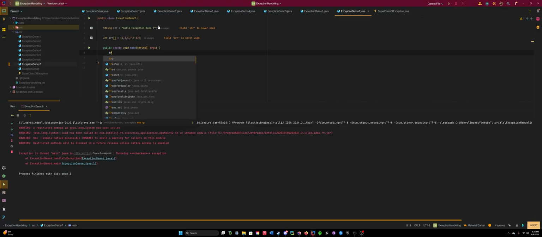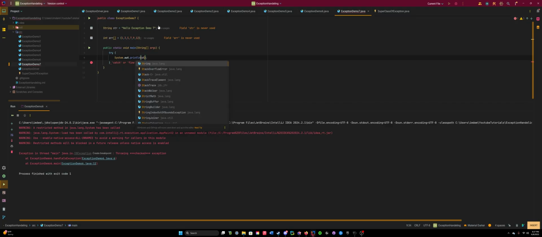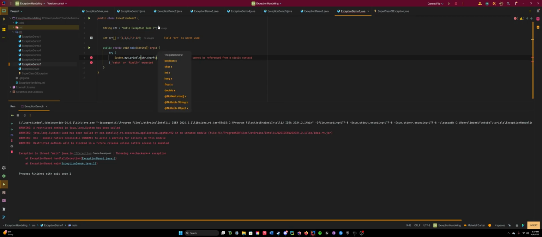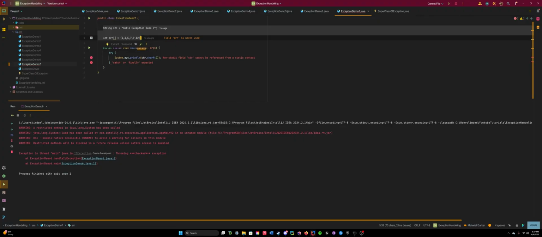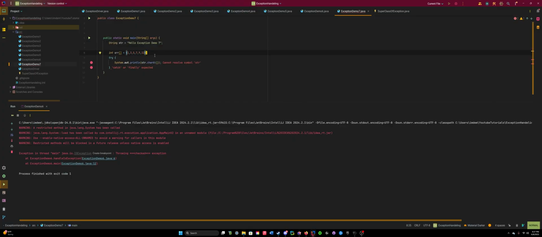Now we're going to try to print out the string that we made at the character index of, okay, you have to bring these in there. It's 55. It's not there, but